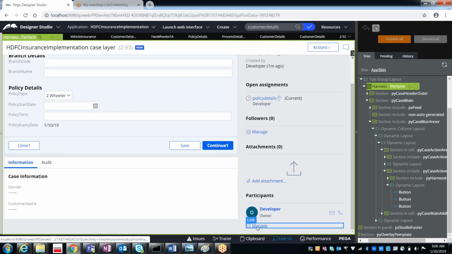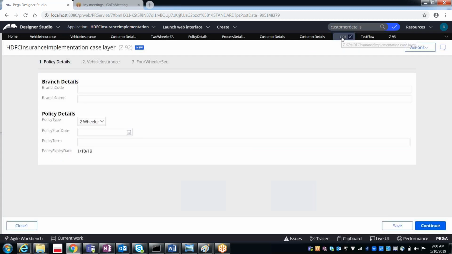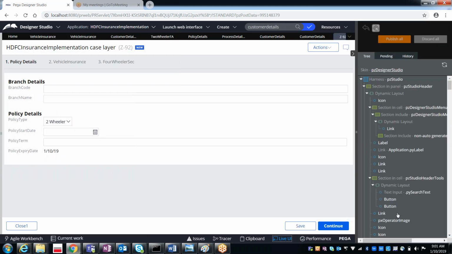So how is this perform harness coming? And when you see the other one earlier, which contains the tabbed screen flow, which harness is there? PZ Studio.